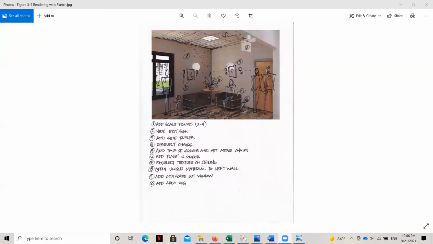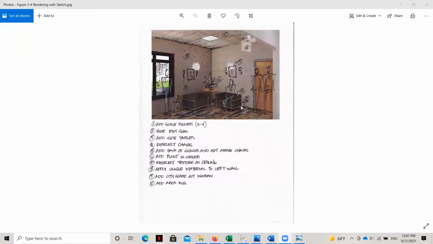Now, imagine that you had printed out this Revit rendering, the original one that I showed you that didn't have any of the sketches on top, and you wanted to present to your manager some ideas to make this presentation drawing even better. And since it takes a little bit of time to start adding these extra elements in, it's helpful to show your manager a sketch like this that says, this is what I think we should add. Do we have time? Do we have money in the budget to continue to work on this? These are the ideas, if I have time, that I'd like to add to it.